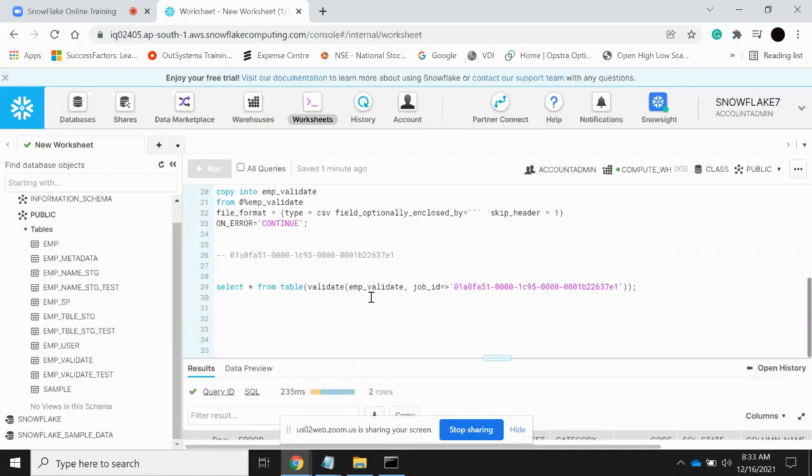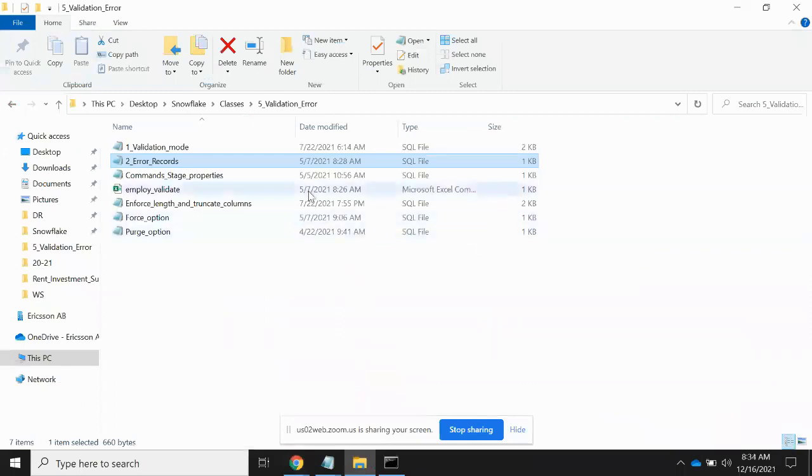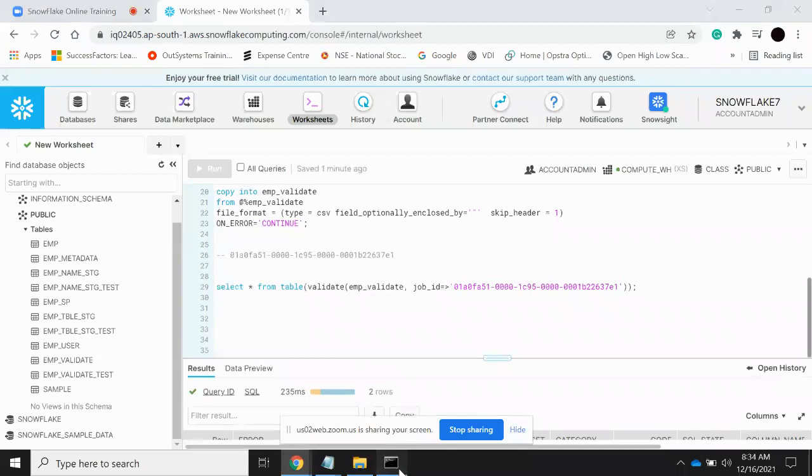So these are the different options we are able to perform. Now, another thing: this is the stage properties. Here, if you observe the stage area,